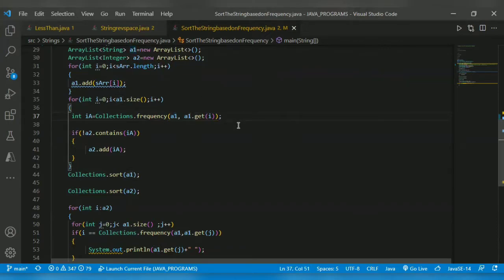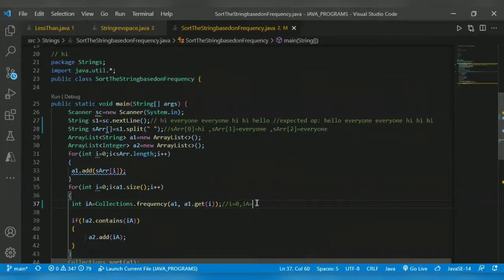For example, for the first iteration, i equal to 0, ia will store Collections dot frequency of the array list. i equal to 0 means here hi. The frequency of hi in array list A1 is 1, 2, 3.